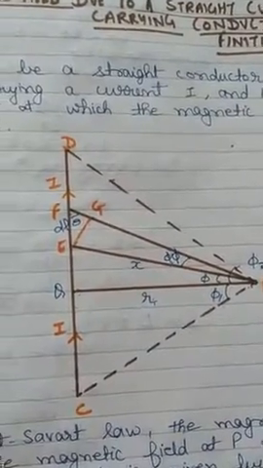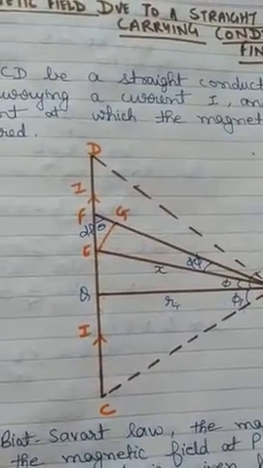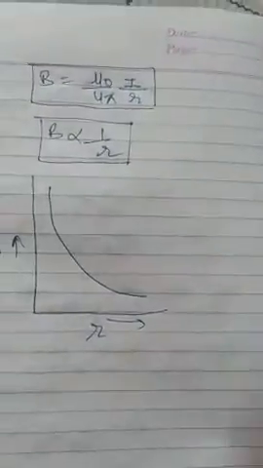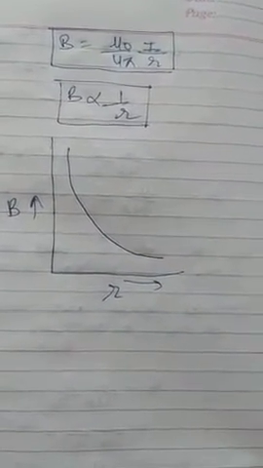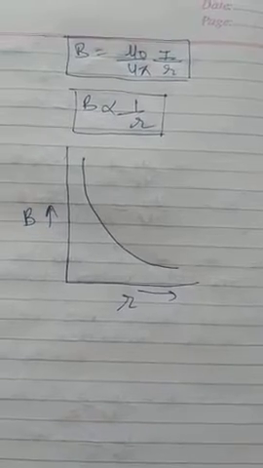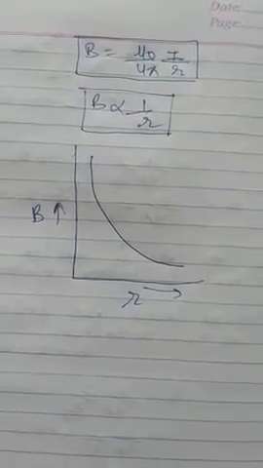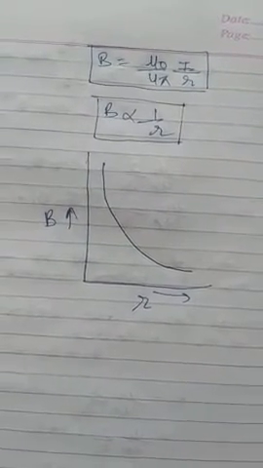And we all know that near the current carrying conductor, the magnetic field is strong. So that is why here we have seen the values also. By the formulas you can tell that the magnetic field will be strong when the point P is close to the conductor, and it will be weak as we go far away from the conductor. So this is the derivation for finding out the magnetic field due to a straight current carrying conductor of finite size and of infinite size both.